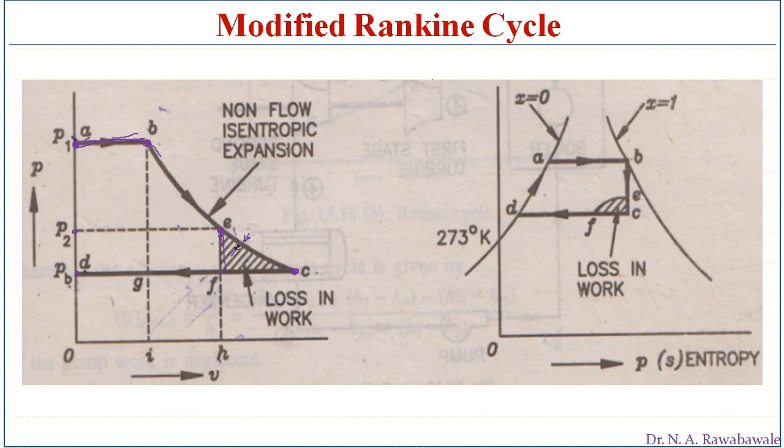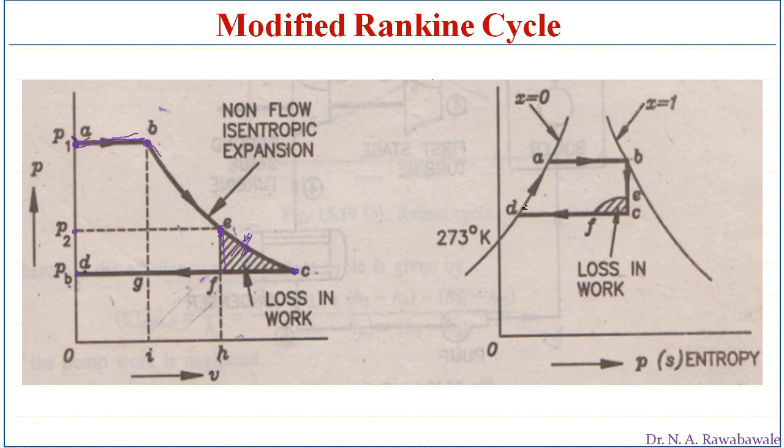Therefore this work is neglected and Rankine cycle is modified. So the actual Rankine cycle for the steam engine is A, B, C, D, A, but due to the modification, the work produced after point E to C is not useful even to overcome the friction. Therefore this work is not extracted, steam is bled out at point E, that is at pressure P2, and this work is lost. This loss of work does not affect the total efficiency of the Rankine cycle.